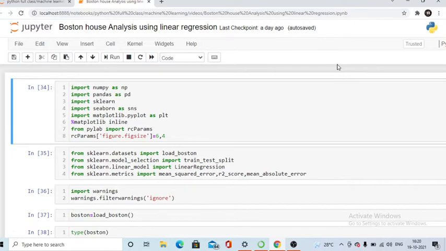linear regression. Already I have explained the introduction part of simple linear regression and supervised machine learning. So I will request you to watch that video first and then watch this video, then you will understand more what actually I am going to do here. So already the coding part I have done. I am just going to explain what the function is and what the use of writing this code is.